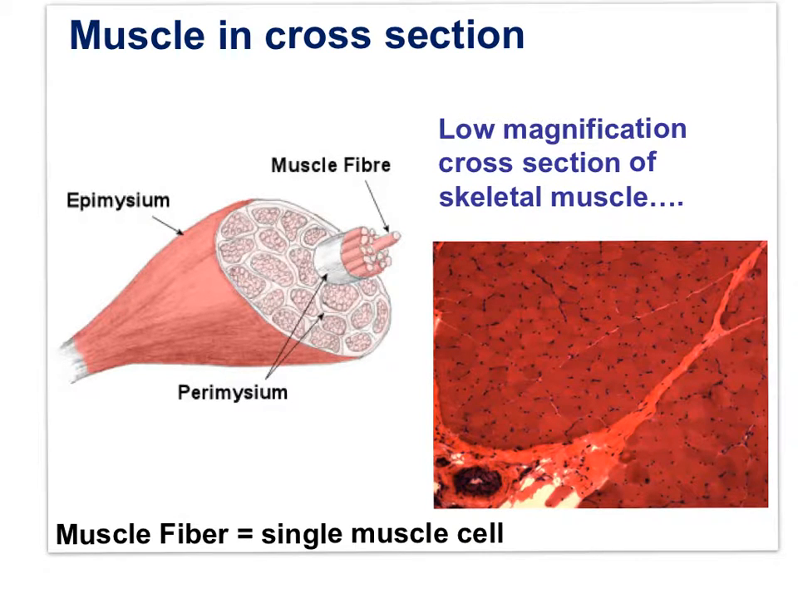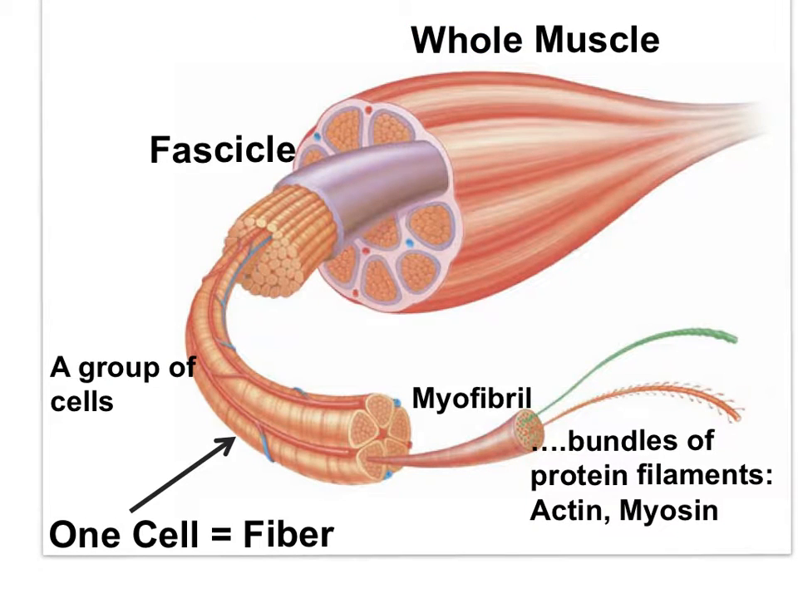Let's start by looking at whole muscle, bundles of muscle cells, and then one fiber, one cell. A cross-section of this looks like this under a microscope. Again, we can see whole muscle. Then we have a bundle of cells with blood vessels. This is one cell here, and within the cell are numerous myofibrils, which in themselves are bundles of protein filaments,